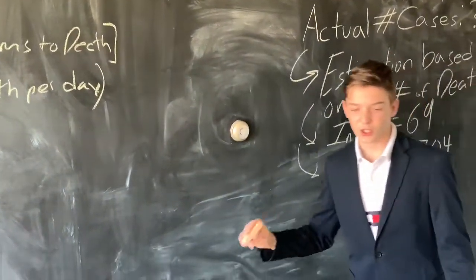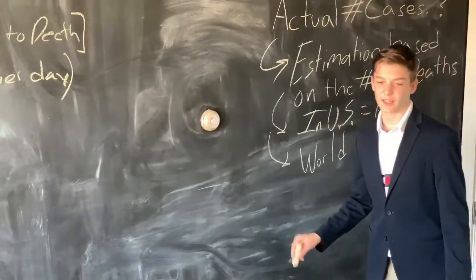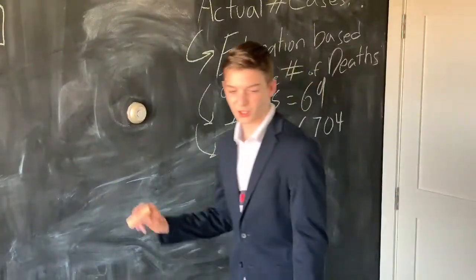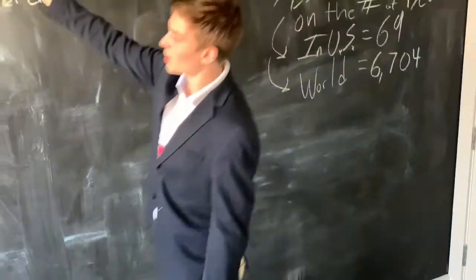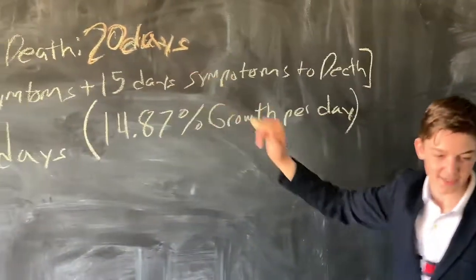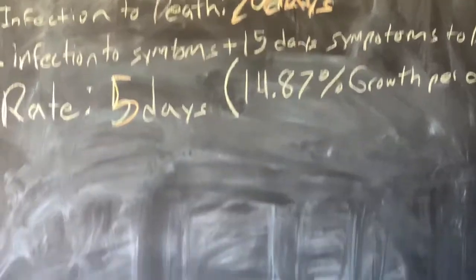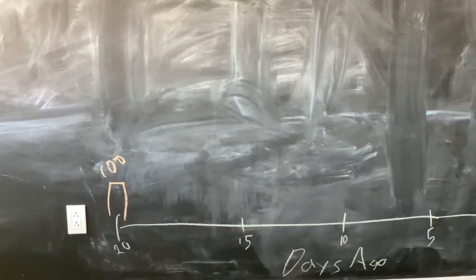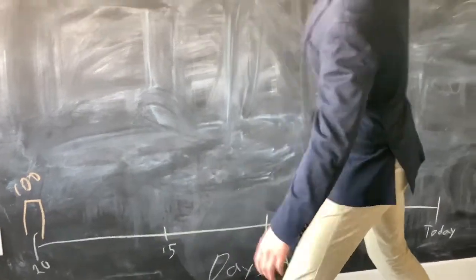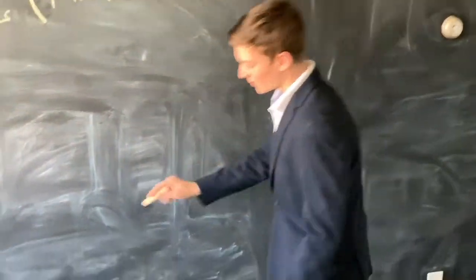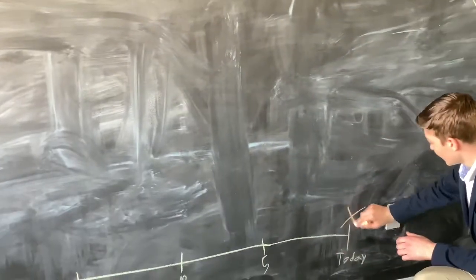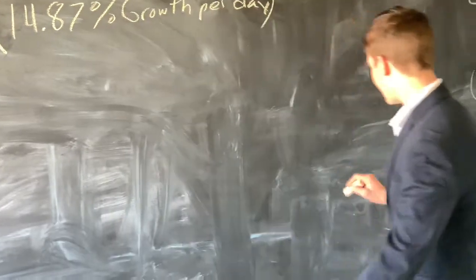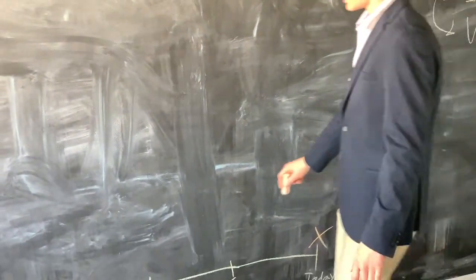Now, the video used an example where there was one death in an area, in a city or whatever. From this, he gauged that there were 100 people infected 20 days ago. So we get that number up here from the 20 days. So down here is about 100 cases. Then 5 days later, he doubled it. So every 5 days, he doubles it. This was so there was a death here. Out of the 100 people that got it, he was the 1% that actually died.